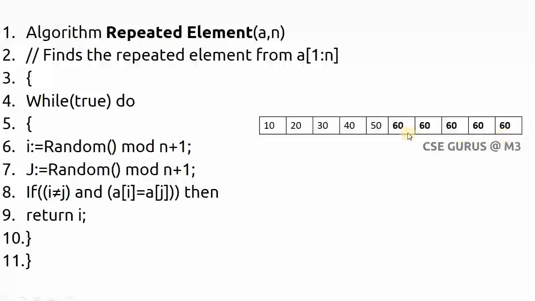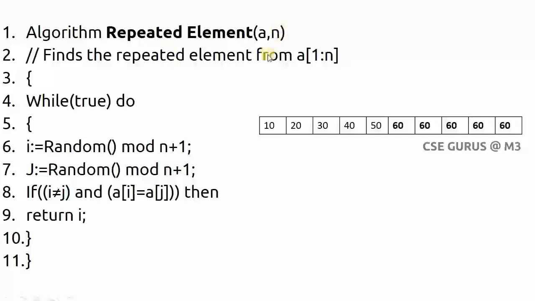That is the concept here. So how will you get it? How can you get i and j values from these 5 indices? You cannot give any assurance that you will get i and j from there. So if you go to the algorithm part, the repeated element algorithm,